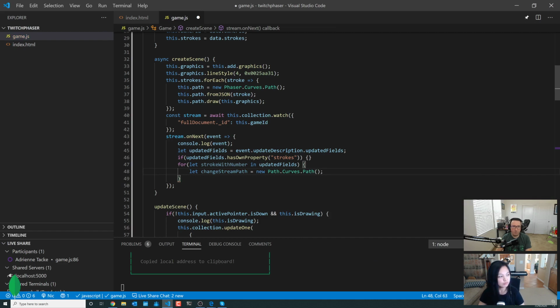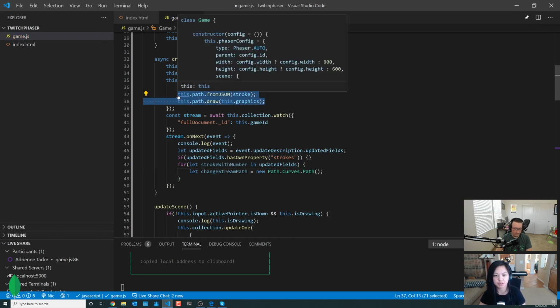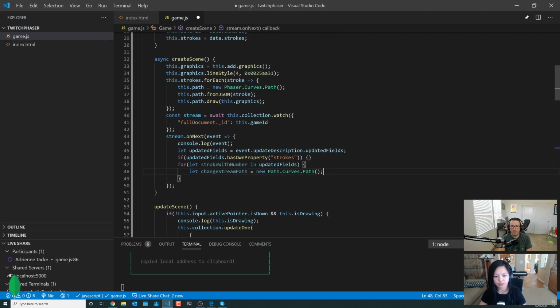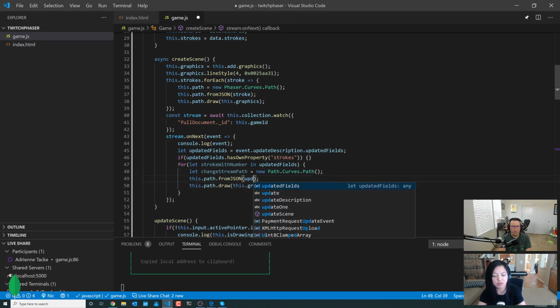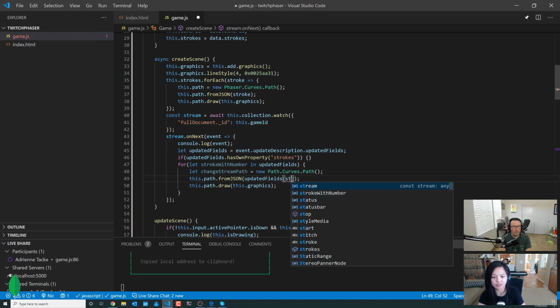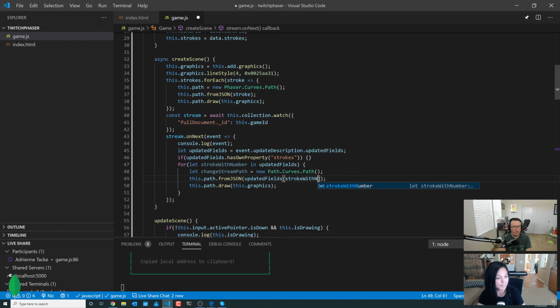And we're just reproducing. Yeah, this should be similar. At least now it's explicit that these are part of the change stream events and not the initial create scene event. So this is just the number, or like the key of the item. Yep. And it should draw.